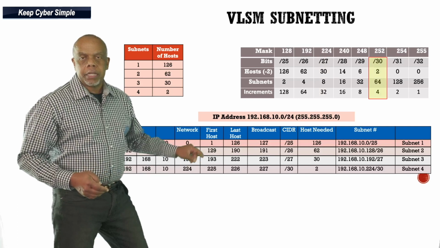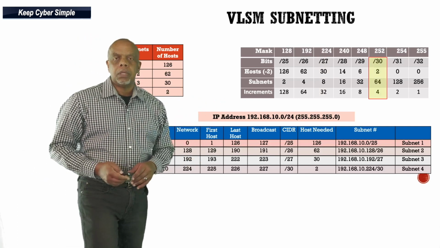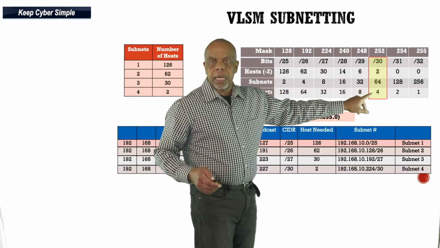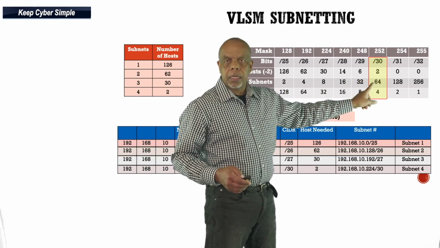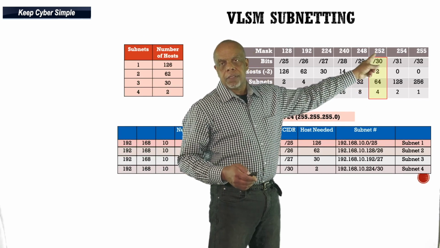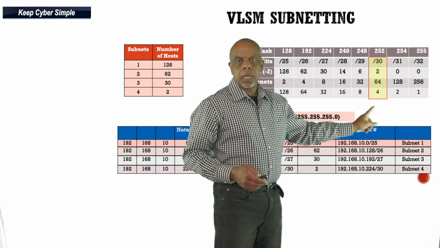Now let's get the fourth. Now for the fourth one, I only need 2. I only need 2 assignable hosts. Well, how can I get 2 assignable? Well, if I come over here, look, I find that gives me 2. So if I use the subnet mask of .252, that gives me 2 assignable hosts, and it's going to increment